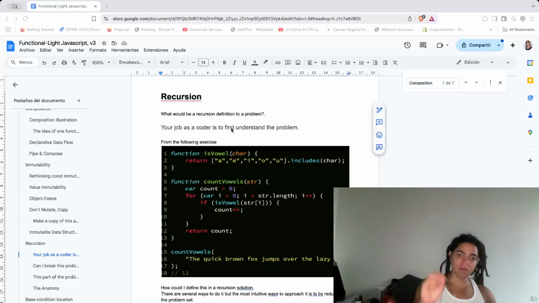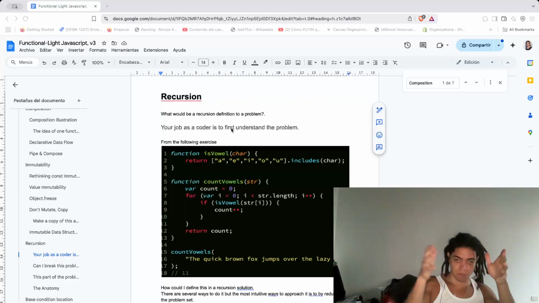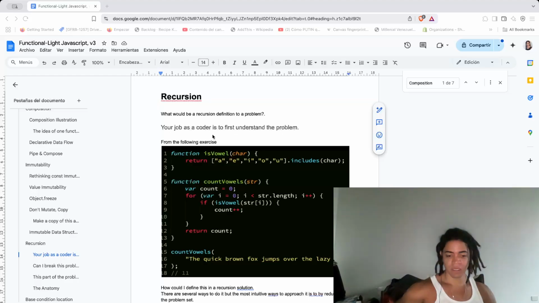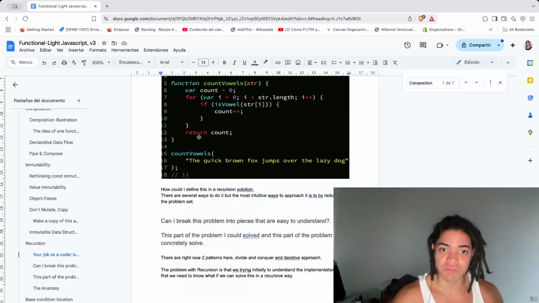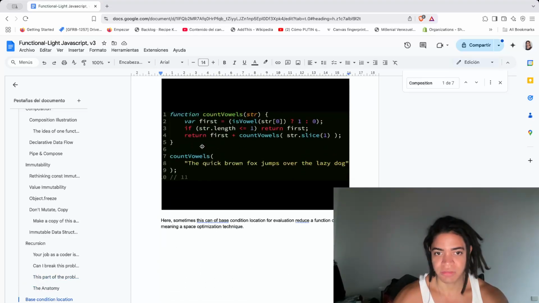The TLDR of all of that is that with recursion, you have this skill where the idea is to look at this bigger problem and then break it down into small problems that you can solve, and do that over and over and over. Now, we look at how we can solve these particular problems, especially like count vowels and some other conditions as well,